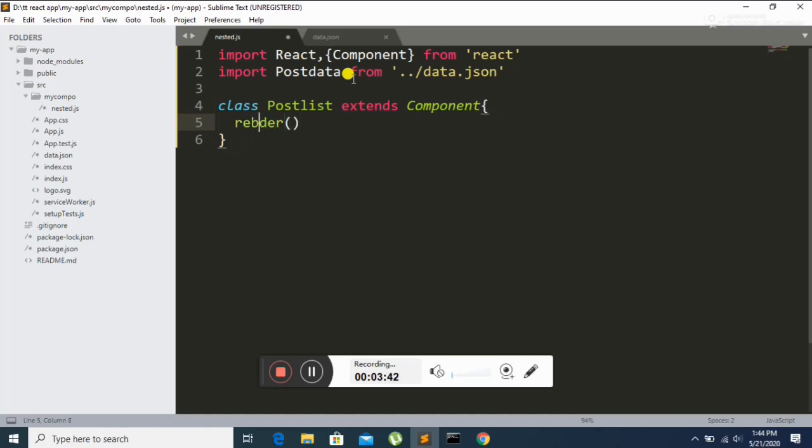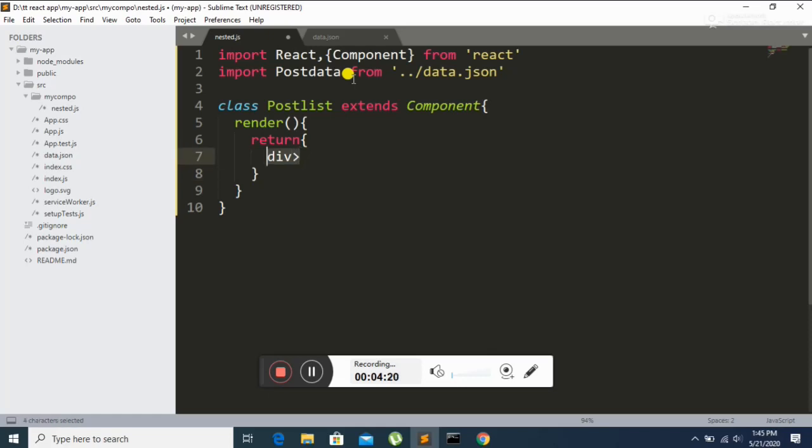The render function is used to render by using this return. In the render function, you just have to return the value, called a div, a simple div.